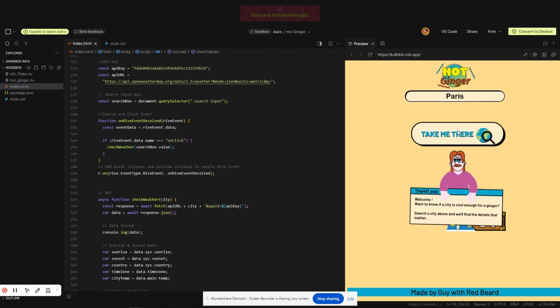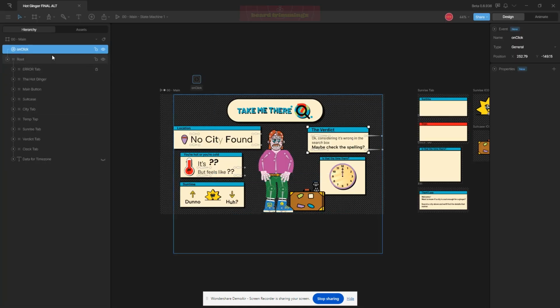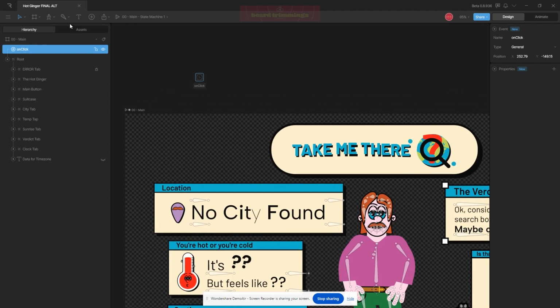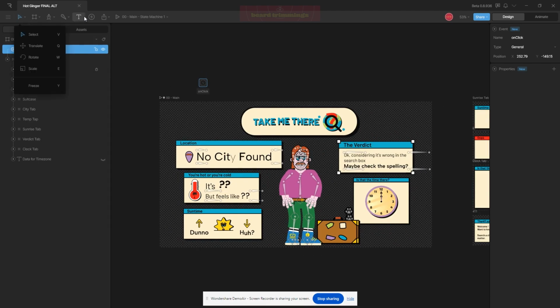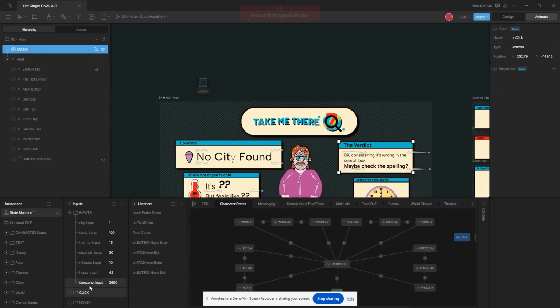And then we are going to click the button. Now, when I click this, I'll jump back into Rive to show you what it's doing. It's going to fire an event listener. So in Rive, we have an event listener that I've created, and that is created here, under this button here. And in the code, in my click down,